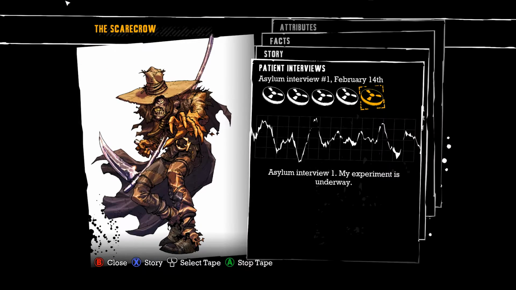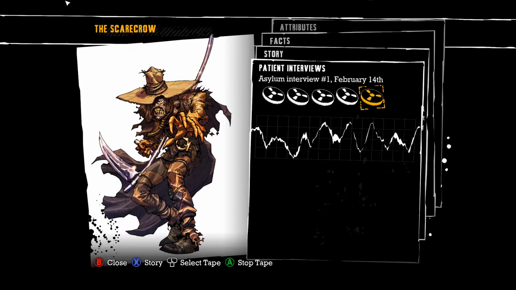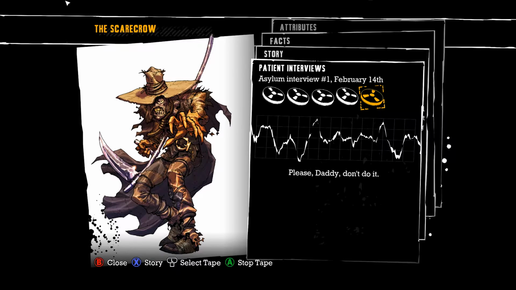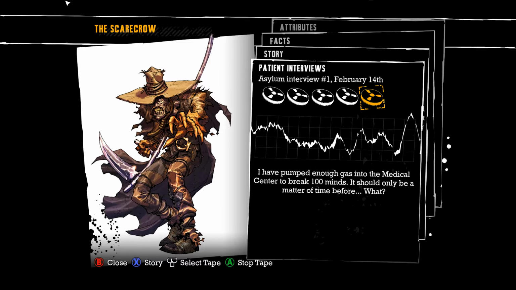Asylum interview 1. My experiment is underway. Working alone, I have created my ultimate fear gas. It's a revelation. They're all over me! Please, Daddy. Don't do it! I have pumped enough gas into the medical center to break 100 minds. It should only be a matter of time before...